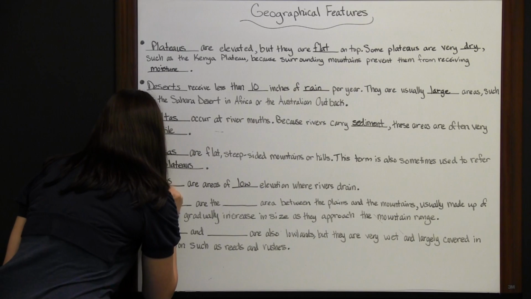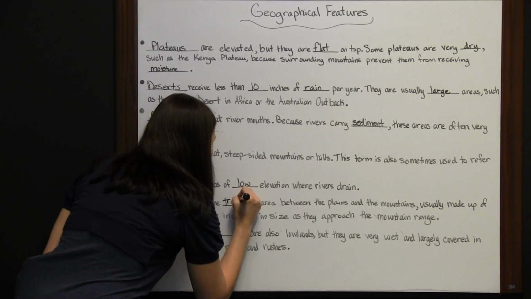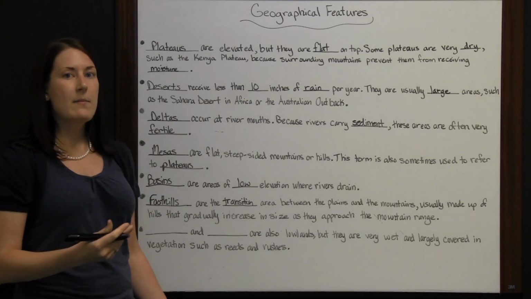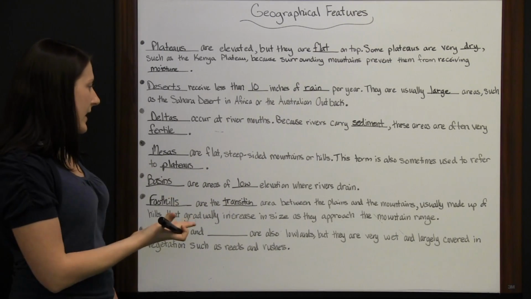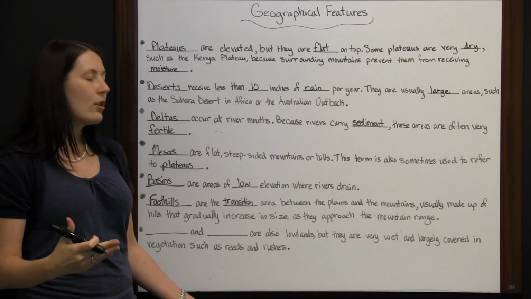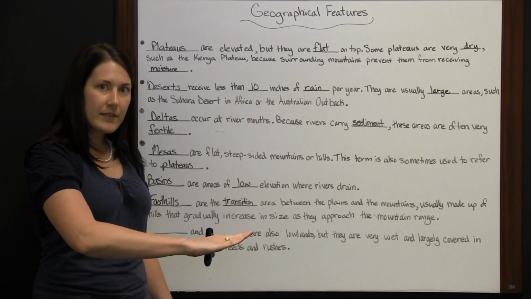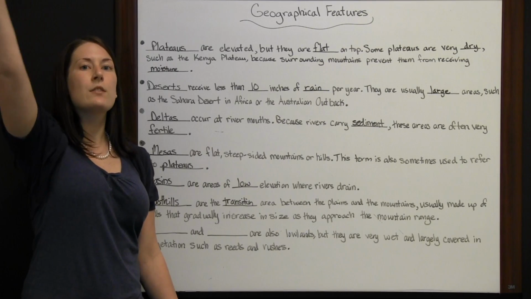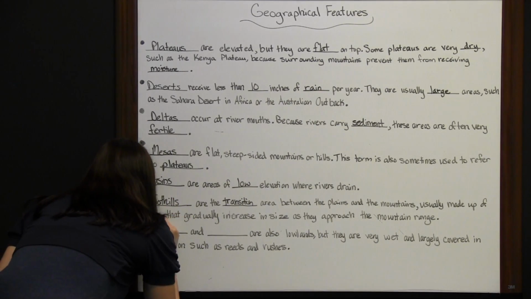Foothills are the transition area between the plains and the mountains, so flat lower lands and high mountains. And they are usually made up of hills that gradually increase in size as they get closer to the mountain range. So foothills, you have a flat plain, and then slowly you have higher and higher hills until you get to the mountain peaks. And last we have marshes